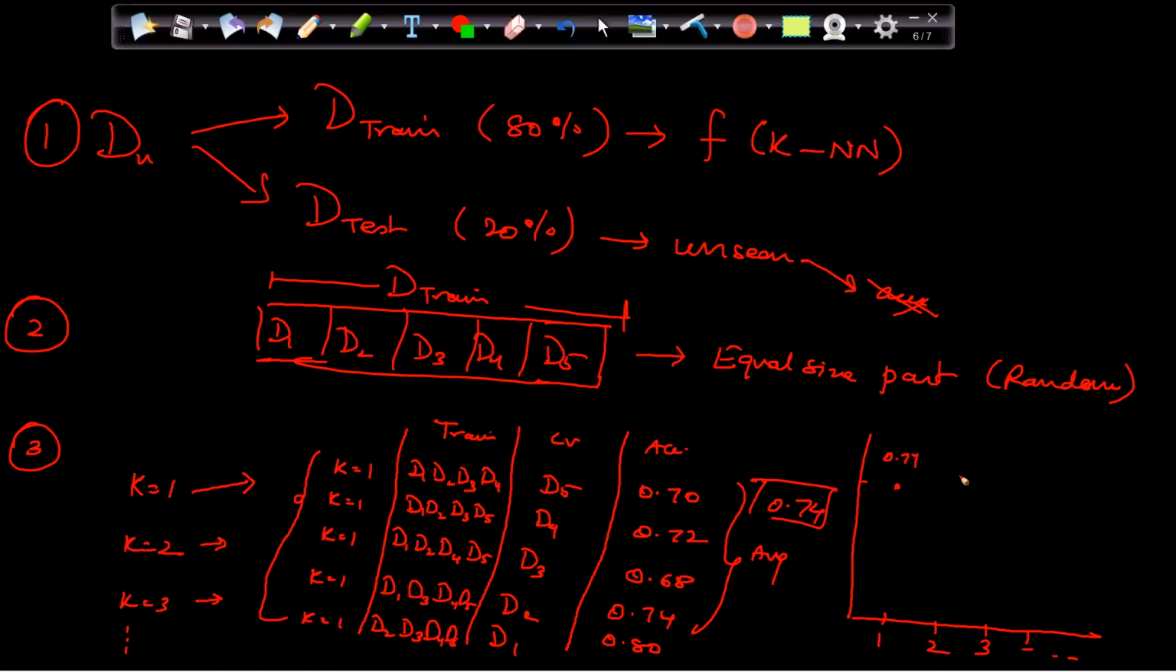Let's say with 2 neighbors, I'm getting some accuracy. Then with 3, I'm getting some accuracy. And then I will plot the chart. Again, it will be something like this. So with this, what I'm doing,